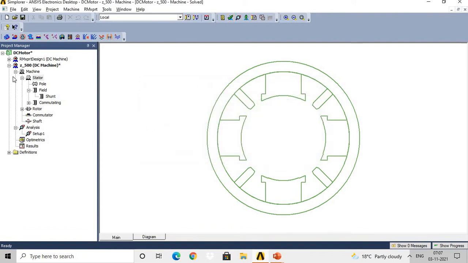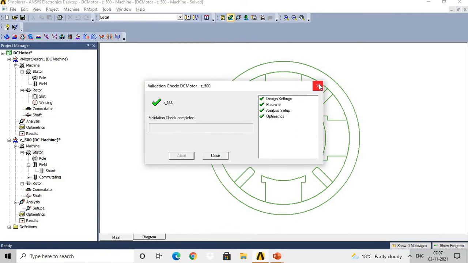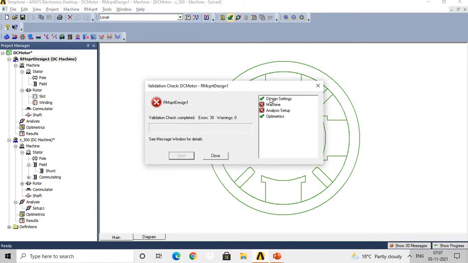For example, for the machine which we selected previously as a new project, we have not given any input, and under such a condition, if I select this project and validate the design, it will show that design settings are correct, optimetrics are correct, but the machine parameter inputs which we have given are not validated, and such non-validated parameters will be shown by the cross mark.